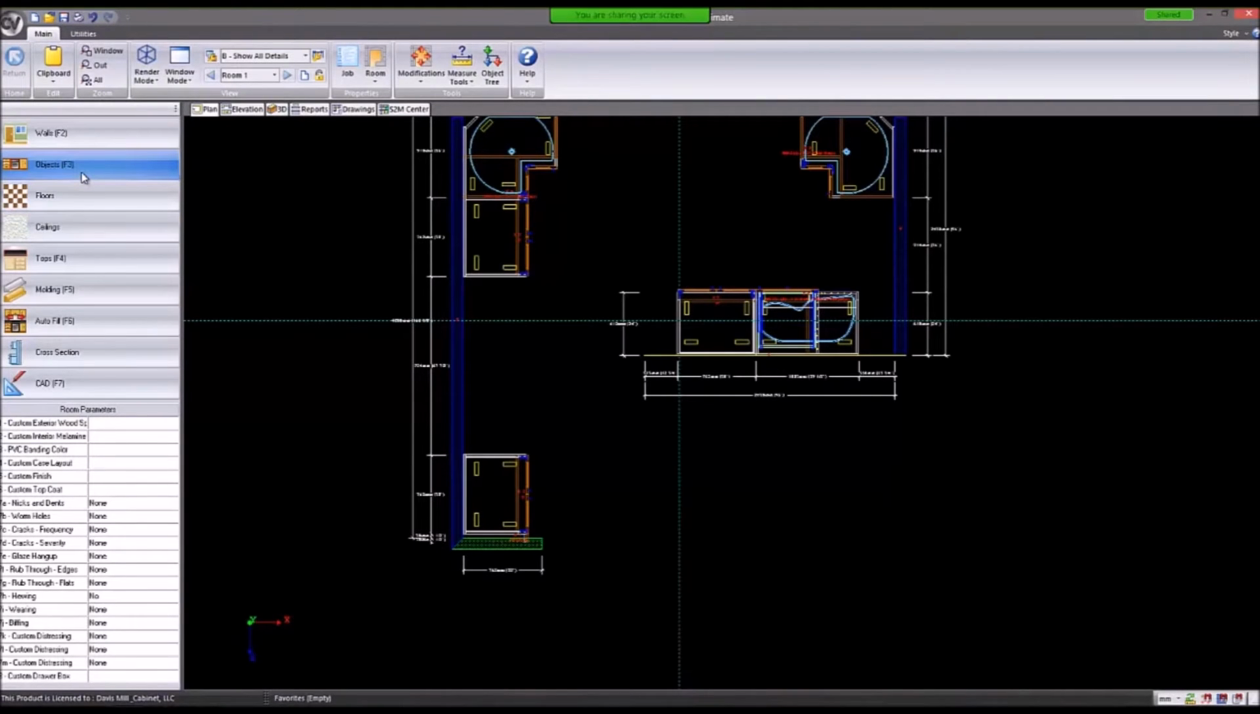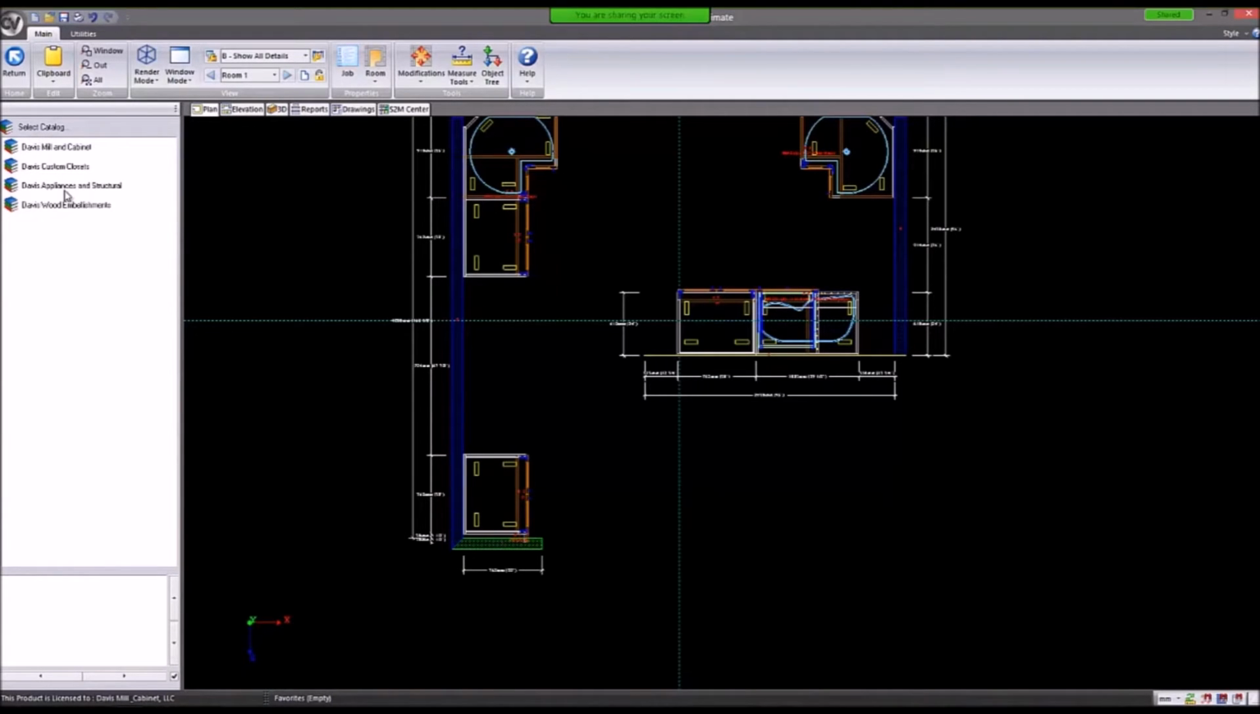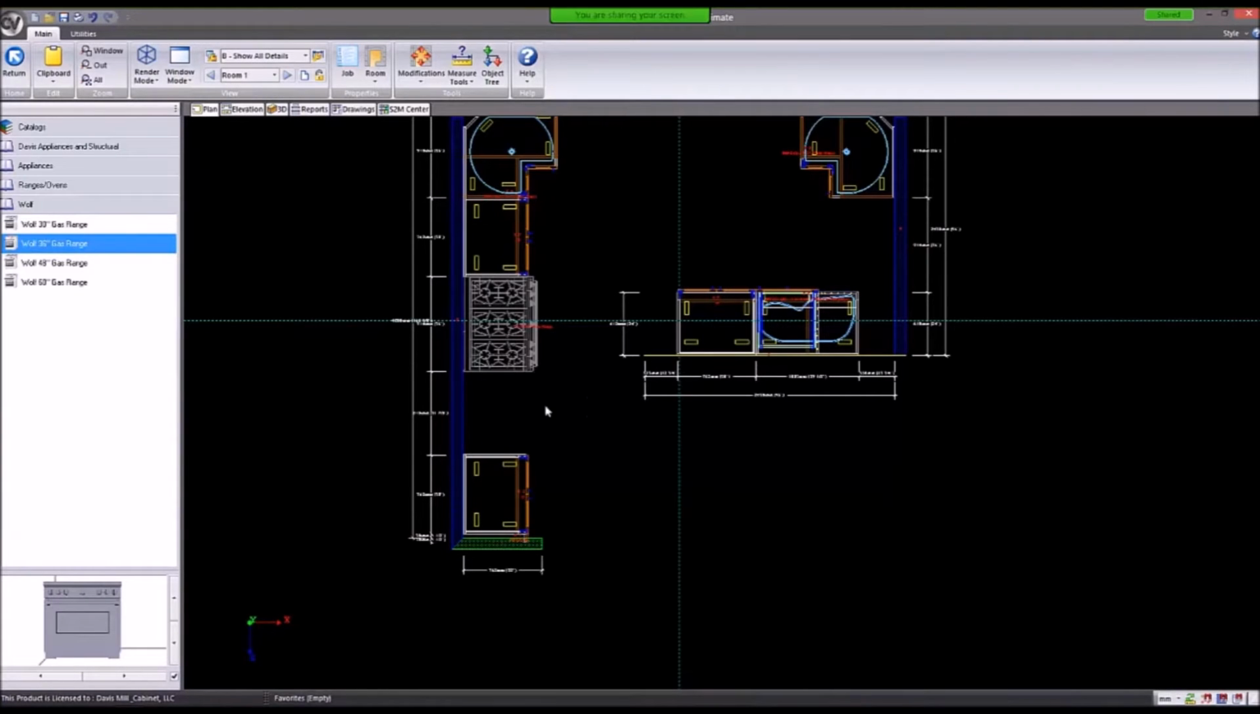Now, one of the things I wanted to cover today was our other catalogs. I'm going to use part of that right now. We'll come back to it here in a minute, but I'm just going to go to the appliances and structural, go to appliances. Let's pick a range, and I want to pick a Wolf, 36-inch Wolf range. I'm just going to plop it down here. This is a terrible layout, but